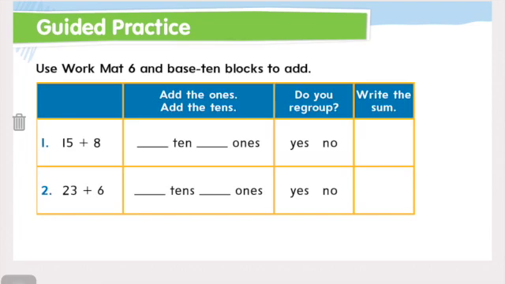All right, so we are going to use our work mat, which you can print off, and base 10 blocks. If you don't have work mat 6, you can also just use your whiteboard and write tens on one side and ones on the other, and then you can use that as your work mat, or do the same thing with a piece of paper. So here's what I want you to do. On your work mat, I want you to put out 1 ten, let's do it up here, and 5 ones,